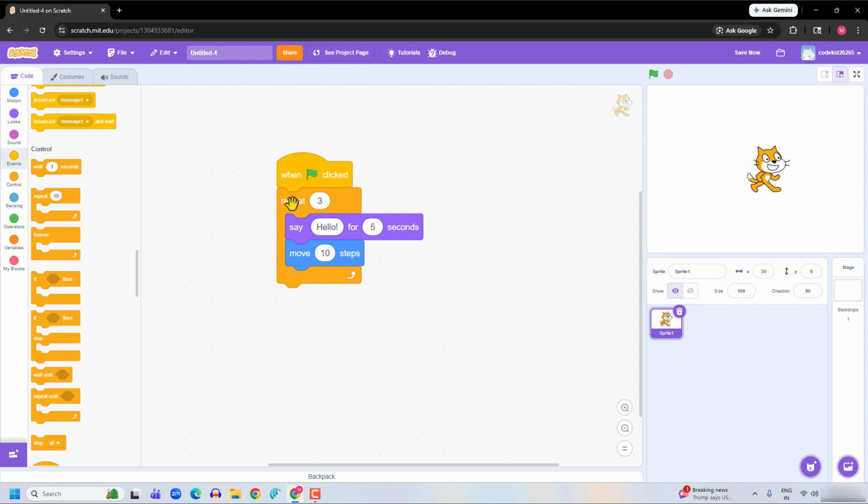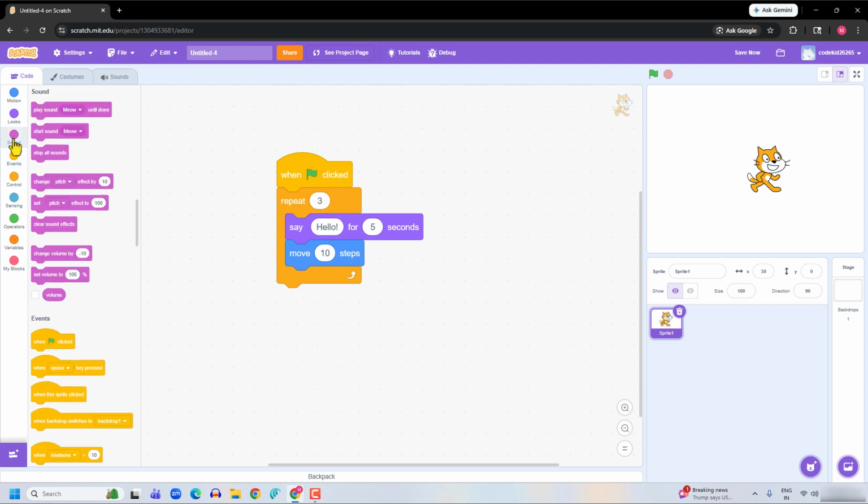Now let us add a sound block. I will go to the sound section and I will drag and drop this block, play sound meow until done. Now let me drag this and drop it here. And now let me click on the green flag, or before that let me change this to 0 once again. So I will click on the play button or go button or the green flag